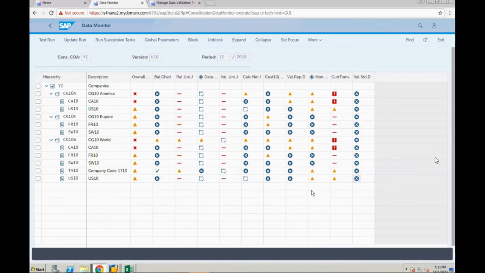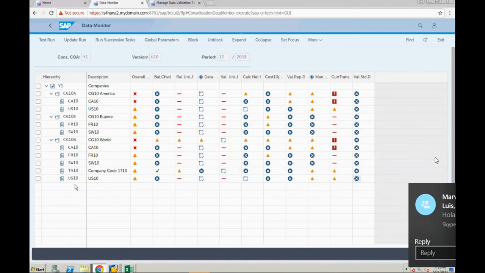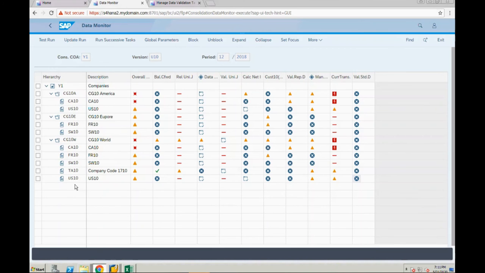Yeah. The next role is consolidator, group accountant. Local accountant tasks are based on the consolidation unit. Group accountant tasks are based on the consolidation group. There is a group accountant for Europe, there is a group accountant for America group, there is a group accountant for world group.